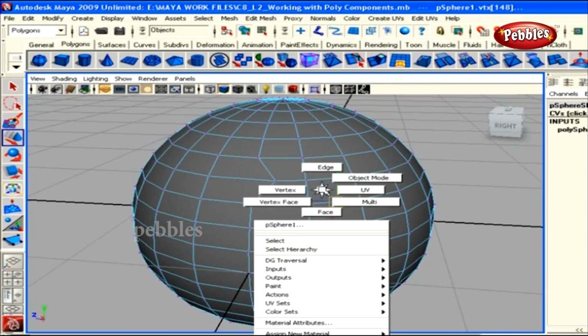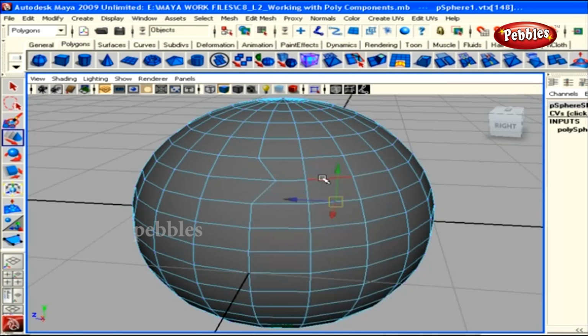The same way we selected the vertex. Now, right-click over the object and select edge from the options. Now, if I go ahead and drag the cursor over the object, watch that only the edges get highlighted in order to select them. In the first hand, we can't see any vertex in this scene. Similar to vertices, you can Shift-click over the edges to add to the edge selection, or Control-click to remove edges from